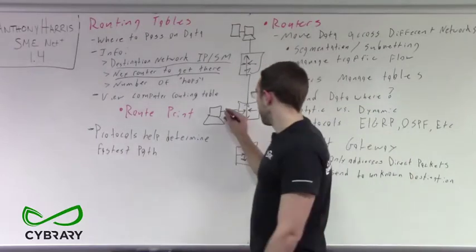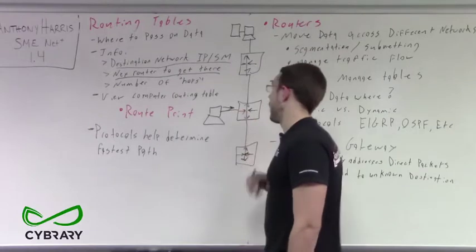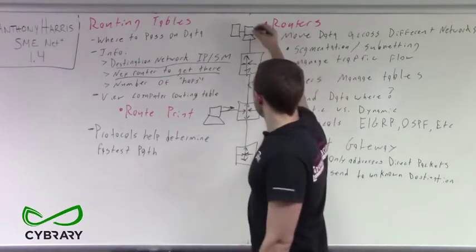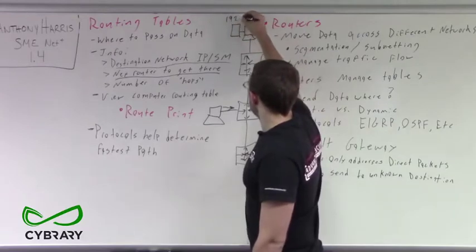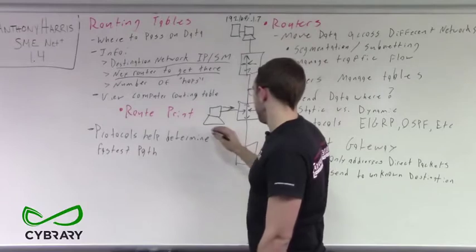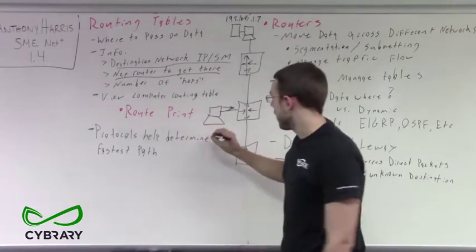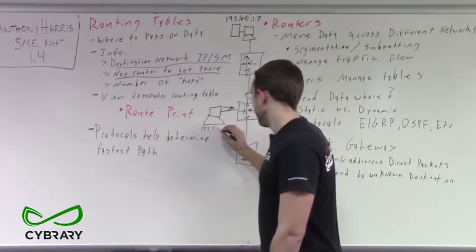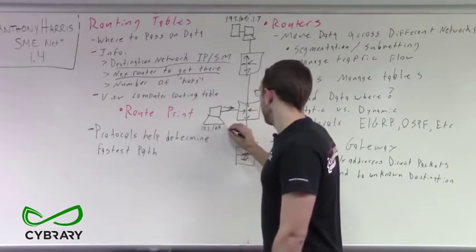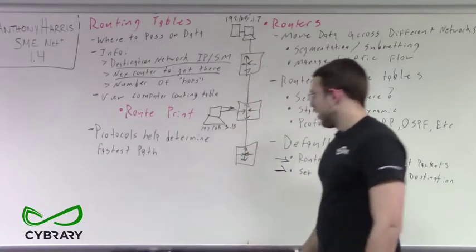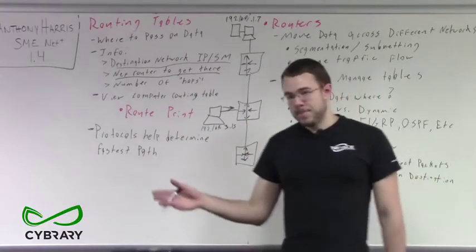So we send a packet to our router, and we say, hey, I need to get to 192.168.1.7. My computer's IP address, by the way, is 192.168.3.15. So I need to send this packet here to